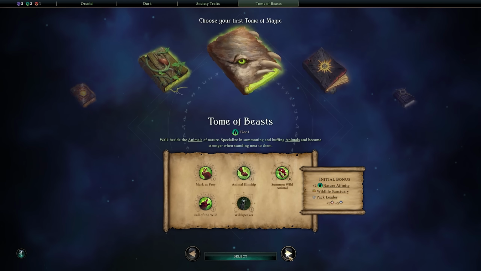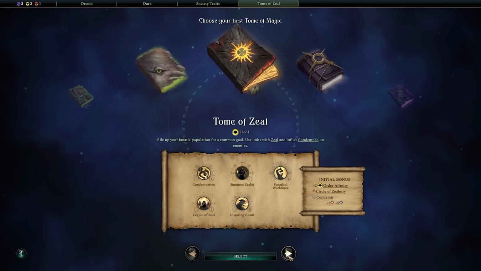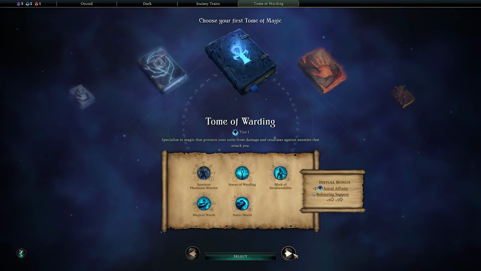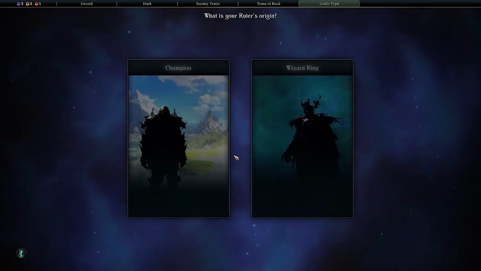Like, it's definitely not nature, right? Because that's like the antithesis. He hated things from the natural realm, so I wouldn't think of that. Zeal kind of has its place, and I'll talk about that in a little bit. And Souls, I think, is a little bit too deeply into the undead route. And Evocation and Warding, I think there's too many things that are contrary to the way that I would approach this build. So we're going to go with Tome of the Rock, Wizard King for sure,